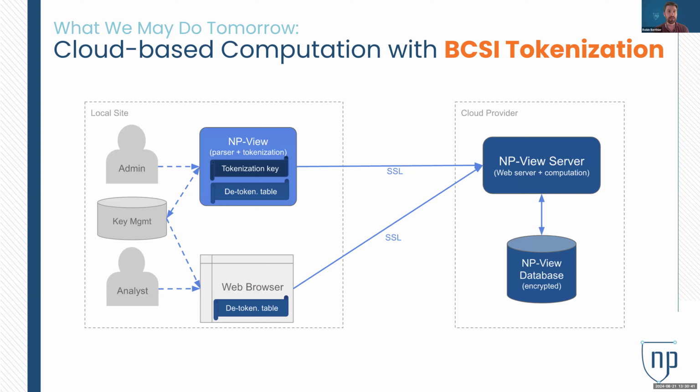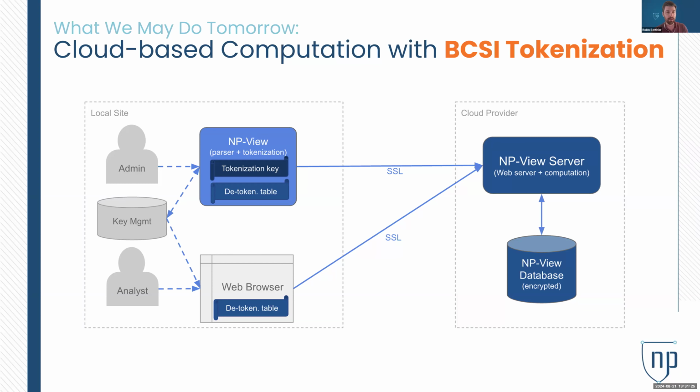So a driver to be able to do that large-scale computation with more horsepower, like more CPU, more memory, through a cloud provider. The driver has been for us to find a solution where the BCSI data, so any confidential data that has to be labeled as BCSI by the asset owner, would stay local, meaning that we do the computation we need in the cloud, but there is no technical means for us as a provider of a solution in the cloud or for the cloud provider itself to access any of that BCSI data.